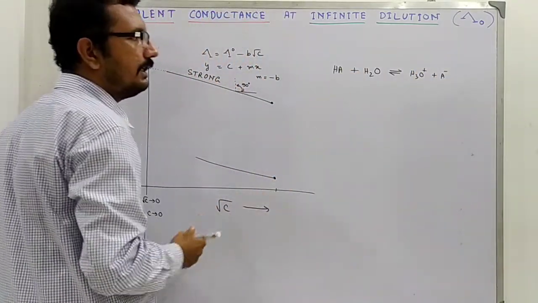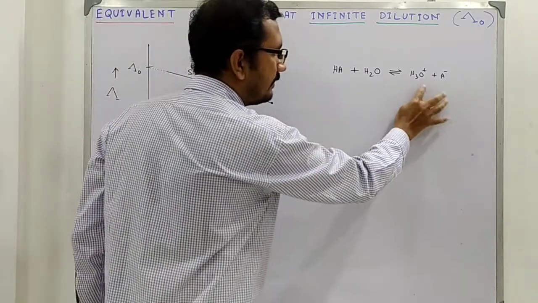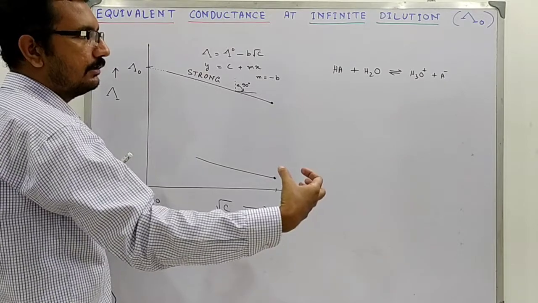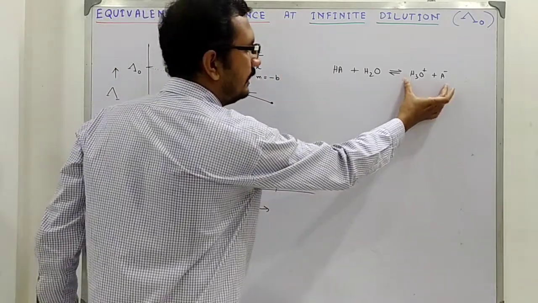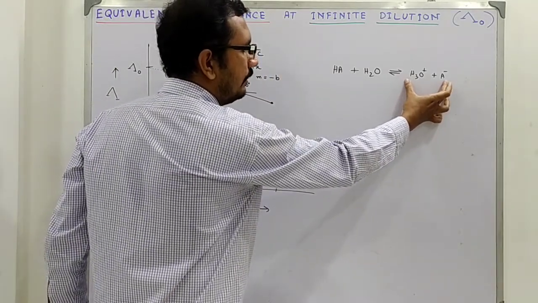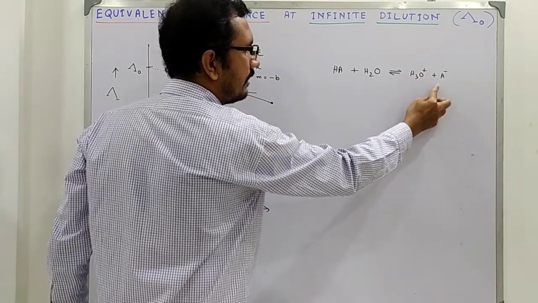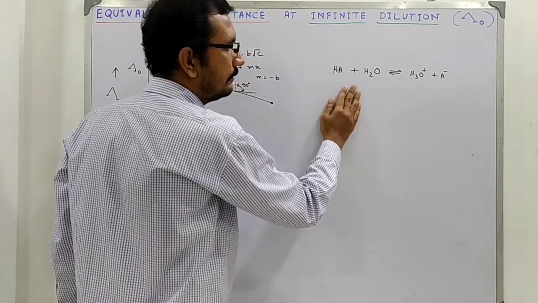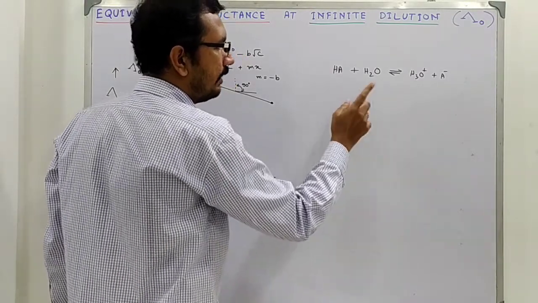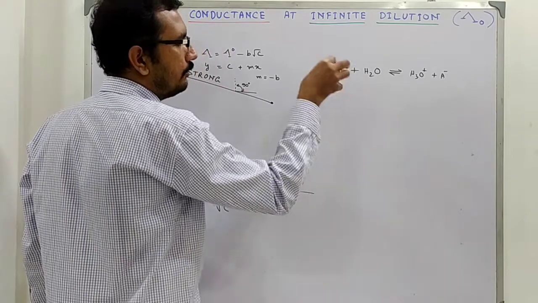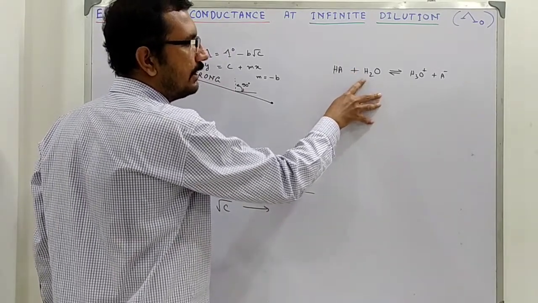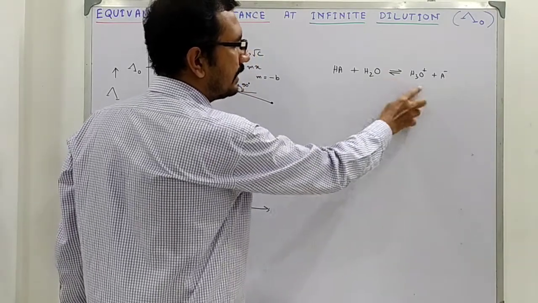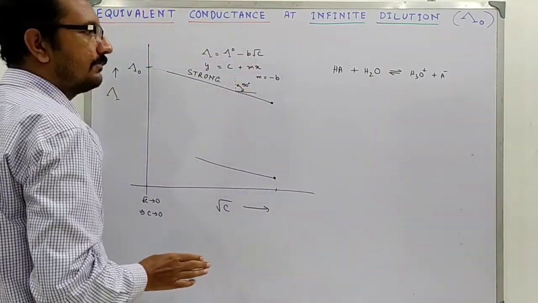as the concentration decreases, these two oppositely charged ions go farther and farther away from each other. So, the probability of contact between these two oppositely charged ions decreases to a large extent. So, the backward process is hindered. And also we are adding more and more reactants, that is water. So, it will accelerate the forward reaction and the backward reaction also will be prohibited.